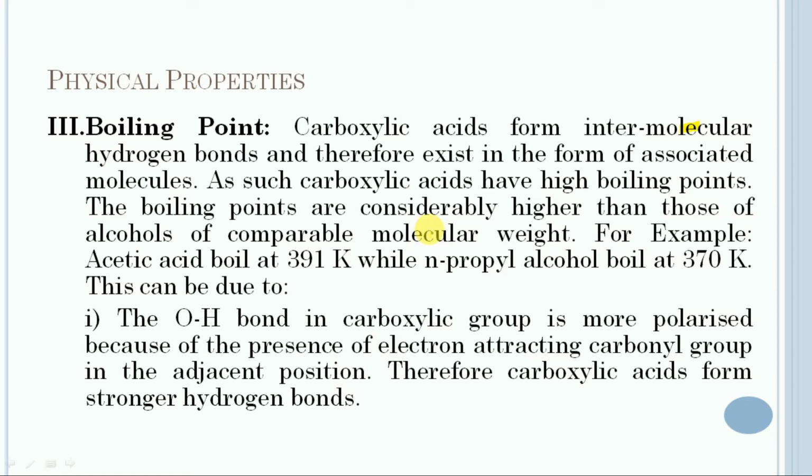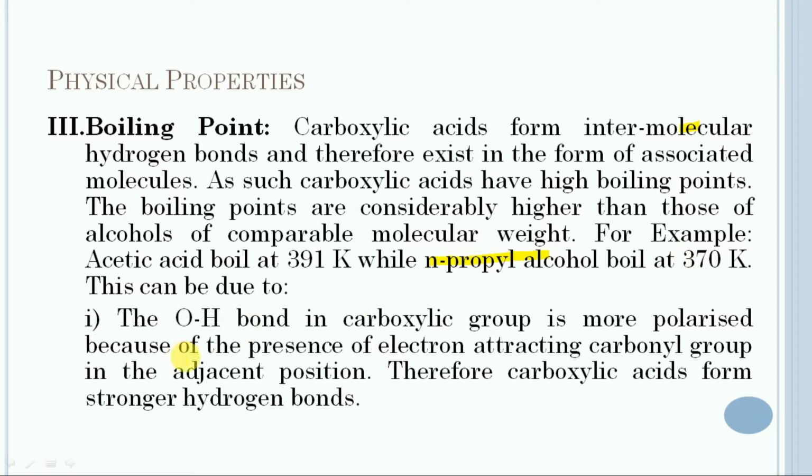The boiling points are considerably higher than those of alcohols. For example, the boiling point of acetic acid is 391 Kelvin, while in the case of n-propyl alcohol it is 370 Kelvin,